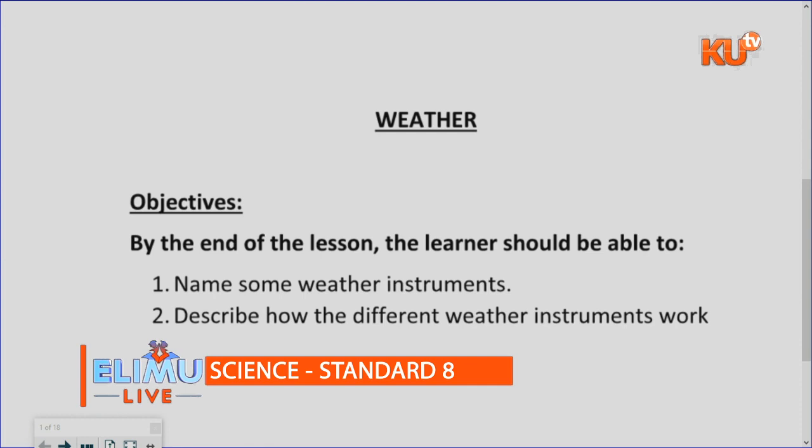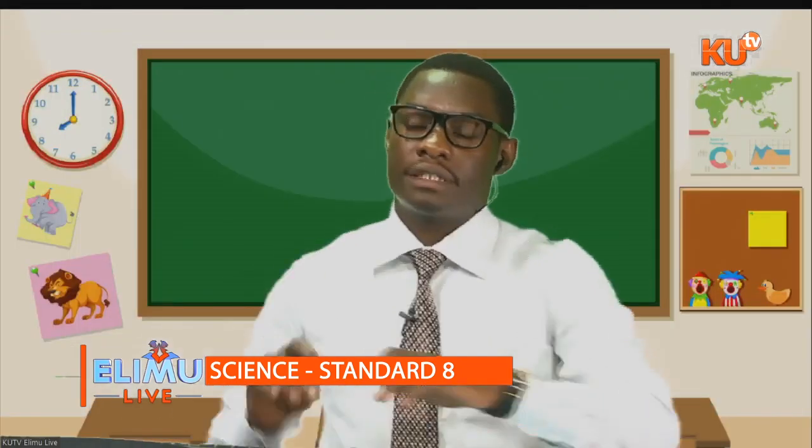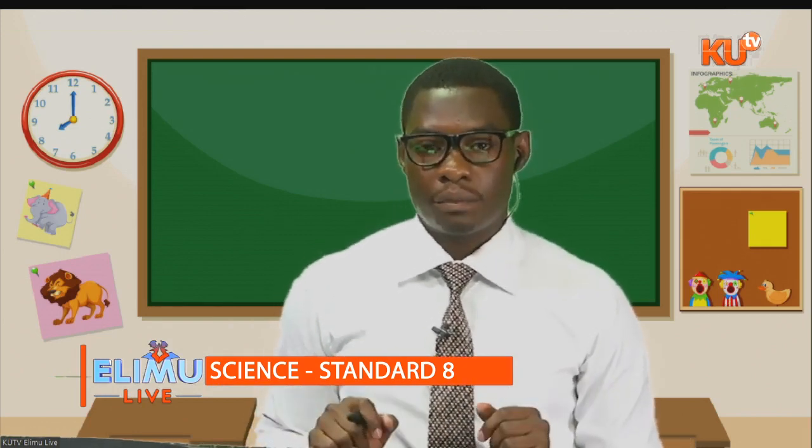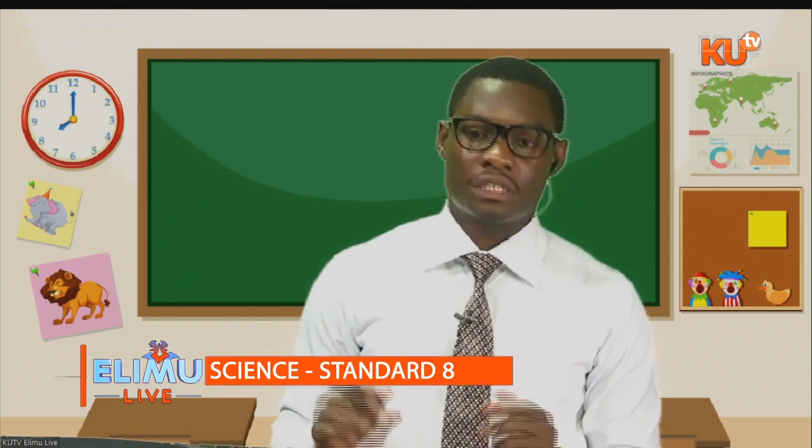Objectives are what we want to achieve by the end of this lesson. The first objective, we are going to name some weather instruments. And objective number 2, we are going to describe how different weather instruments work. Those are our two objectives for the lesson: to name the weather instruments and also to describe how different